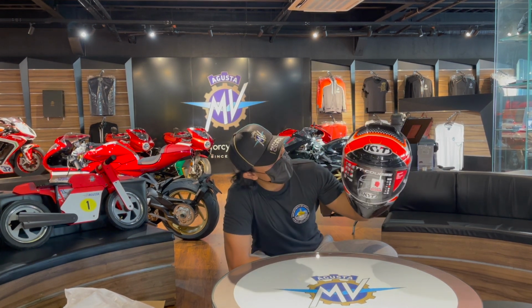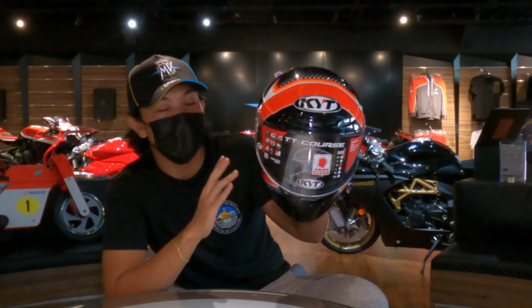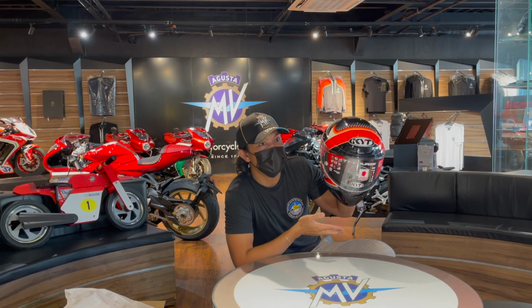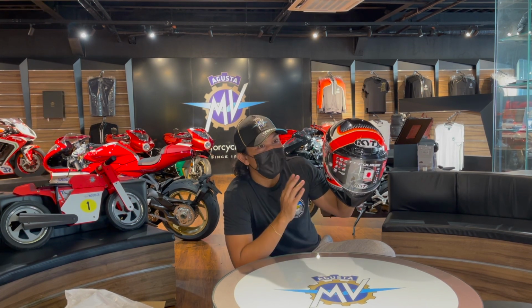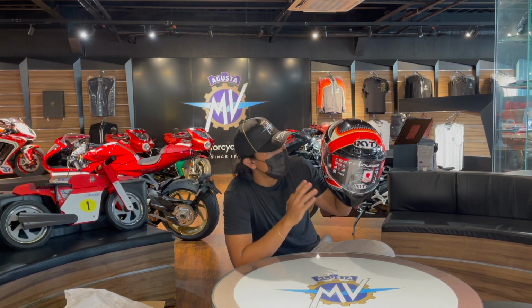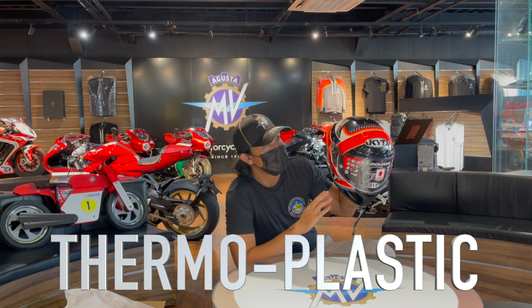Anyway, so with the TT Course, it's a very modern helmet. You have here, first in front, visor made of Lexan. So Lexan, if you're not familiar with it, it's a glass that's very much used in racing. Windows on racing cars are Lexan. It's very light. It does not shatter. It's not glass. And it will keep you protected from debris. So it's a very durable material. The helmet itself is made from...